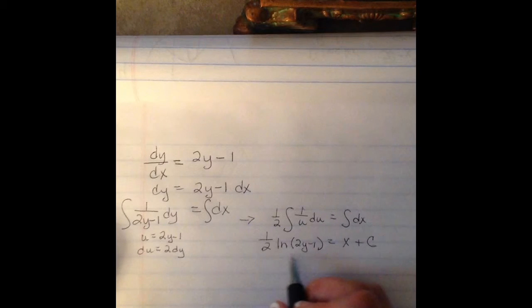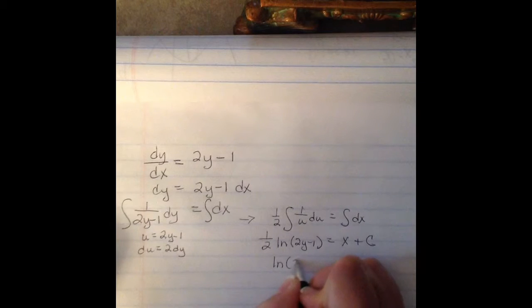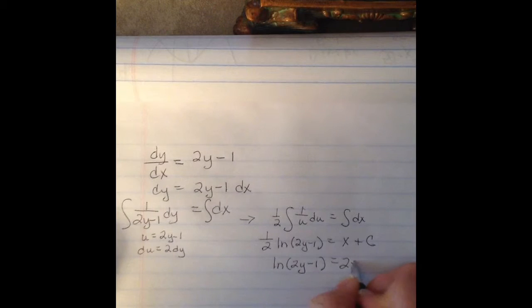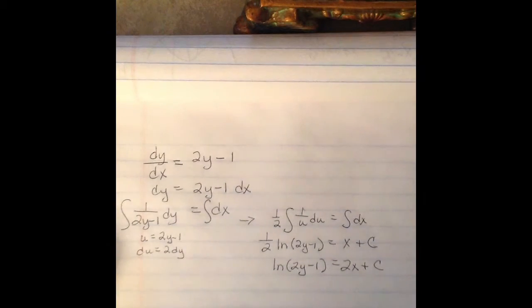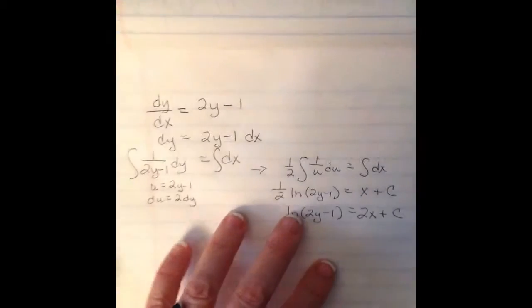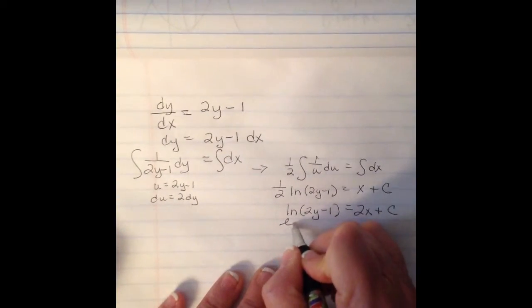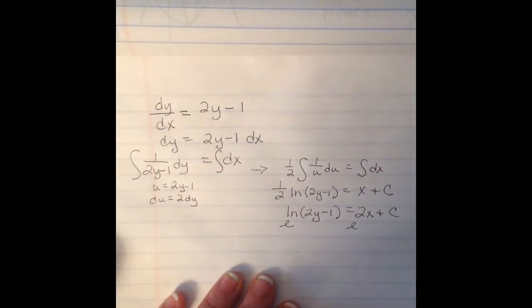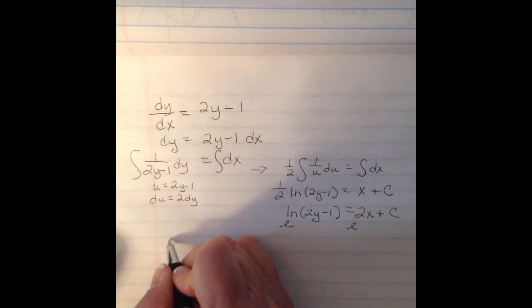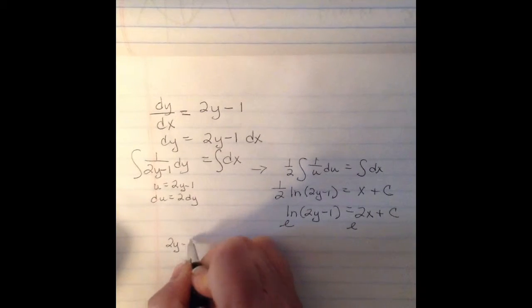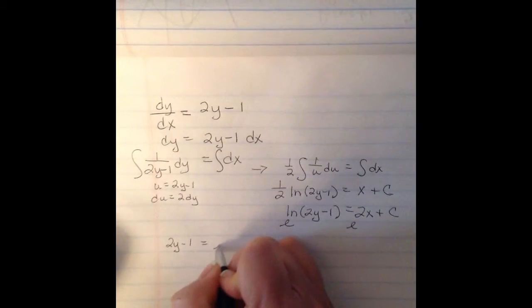So I want to solve for y. So the first thing I'm going to do is multiply by 2. So I get ln of 2y minus 1 equal 2x plus c. And I don't really need to say 2c, because again, it's just representing a constant. So c or 2c would be the same thing. Now, how do I get rid of ln? I take the e of both sides. So when you do that, you end up getting 2y minus 1 equal e raised to